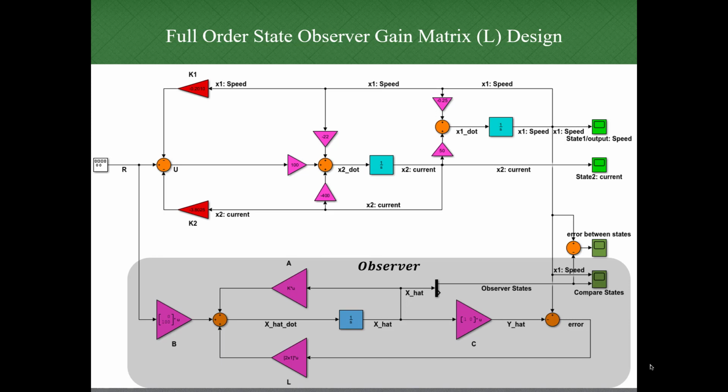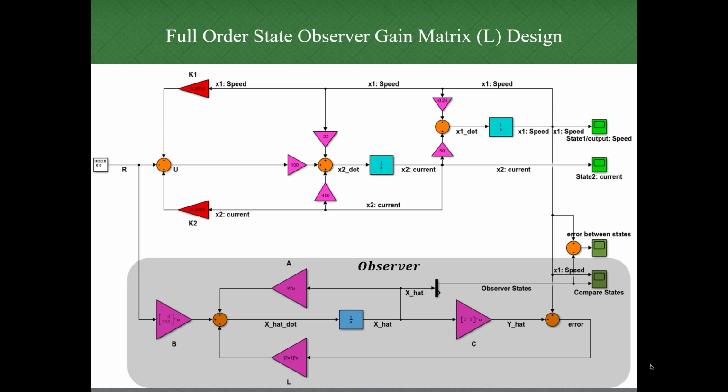Finding L has many different methods. One can use the Ackermann method or the Sylvester method as implemented in MATLAB. Here in this study, we used the Sylvester method, and it